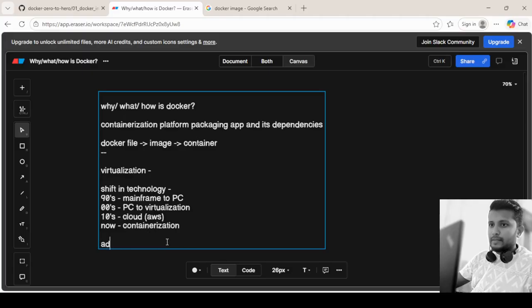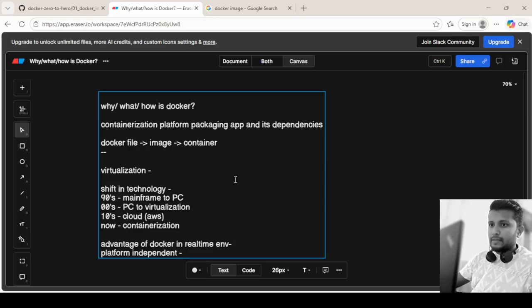We'll quickly see the advantages of Docker in the real-time environment. There are several advantages of Docker. That is the reason today almost all the companies are moving their applications to Docker, breaking down huge applications into containers. The first and foremost advantage is platform independent.